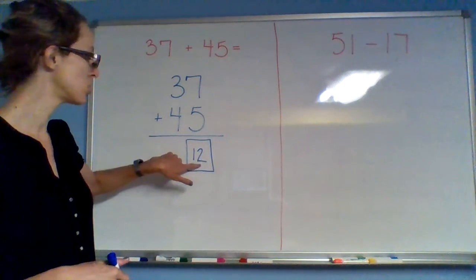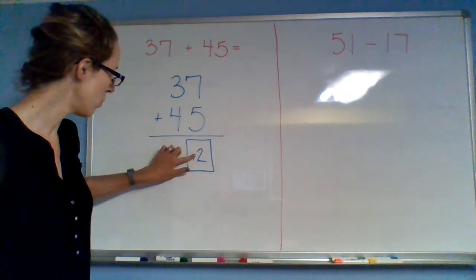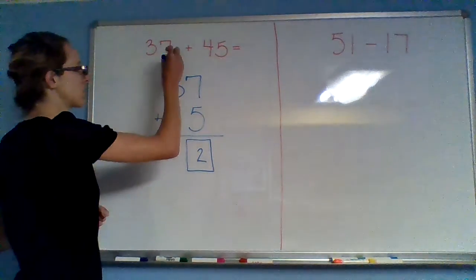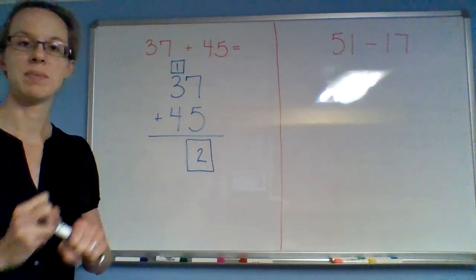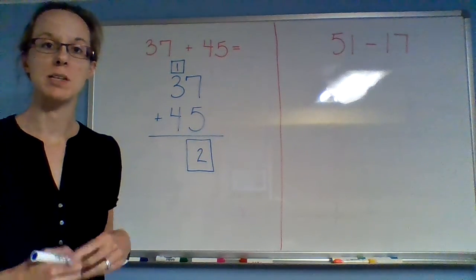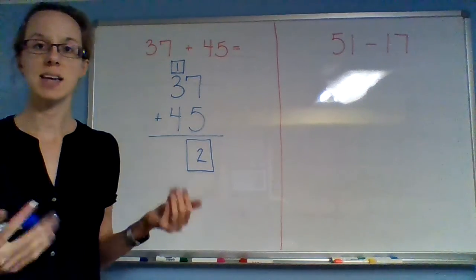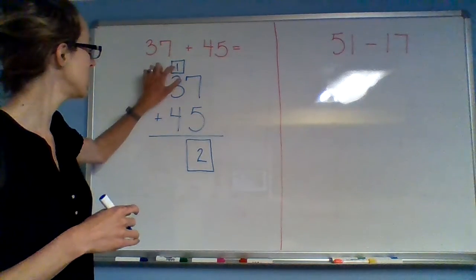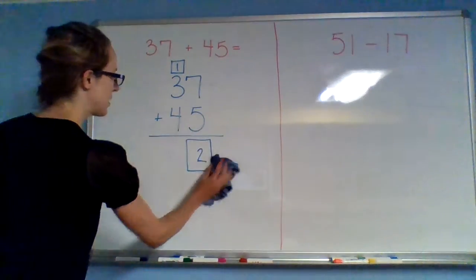I leave the 2 in the spot that it belongs, and the 1 gets kicked over to the next column. It gets moved to the group that it belongs in. The 1 belongs with the tens numbers, 30, 40. Those are the tens numbers. So the 1 group gets kicked over. Another way to think about this